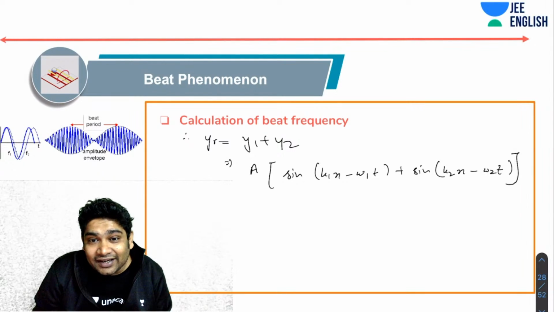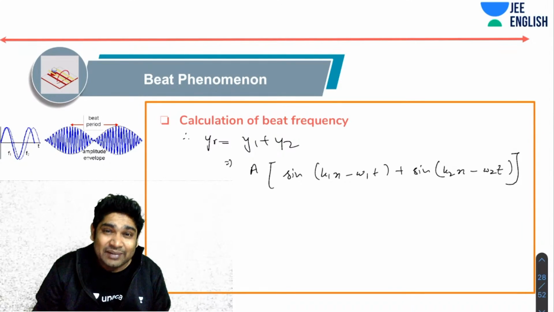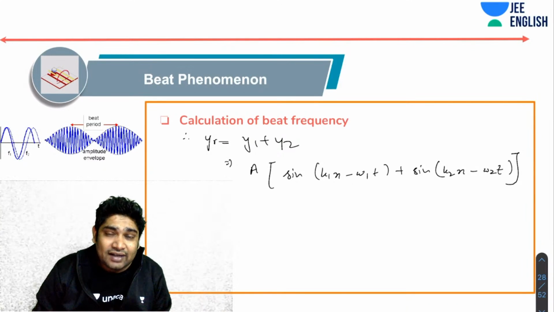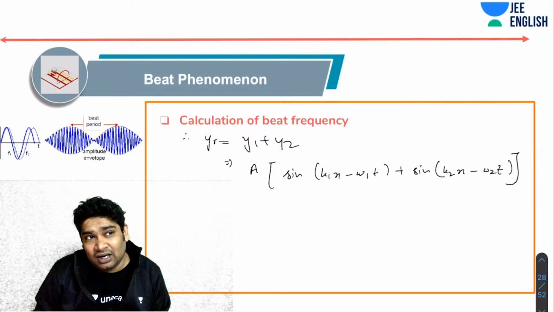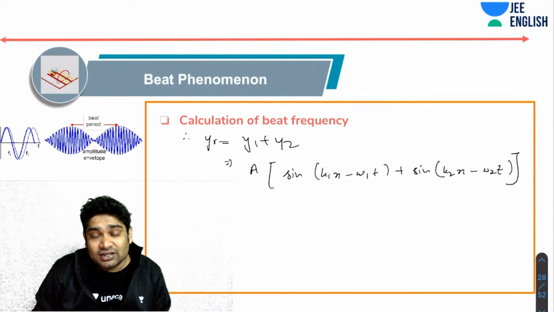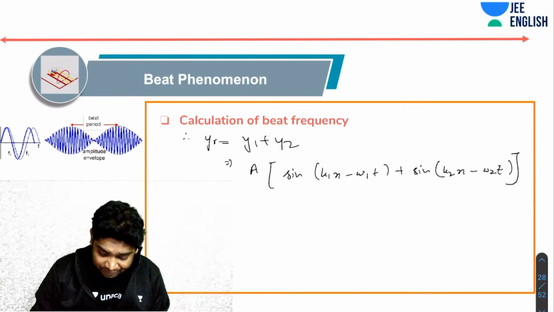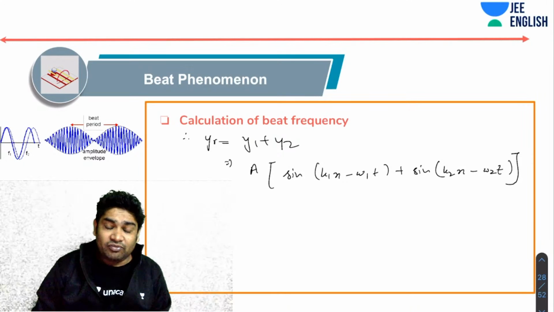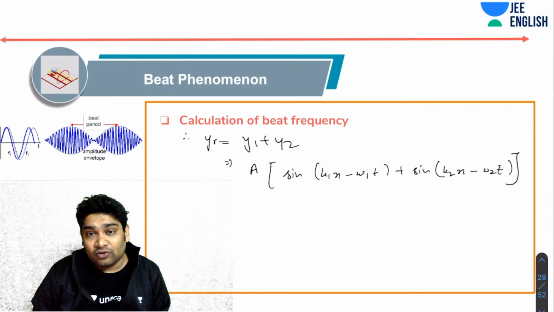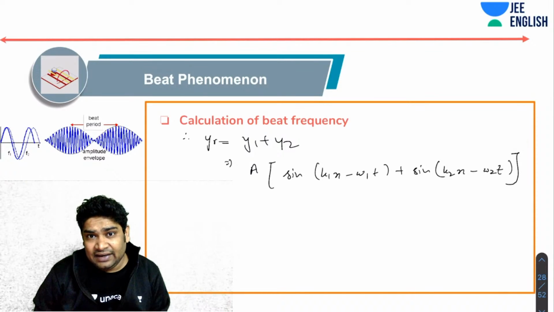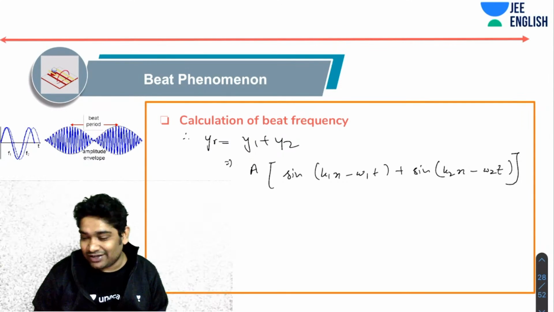From alternating current, do direct formula based questions come? Yes, usually in Mains only direct formula based questions come. In Advanced, they do not ask too many questions on AC because there is not much complication they can create without complicating the maths of it. And since you are not well equipped with the maths required to solve complex problems on AC, they do not ask too many questions from AC in your Advanced. In Mains, again, they will ask you straightforward formula based questions.